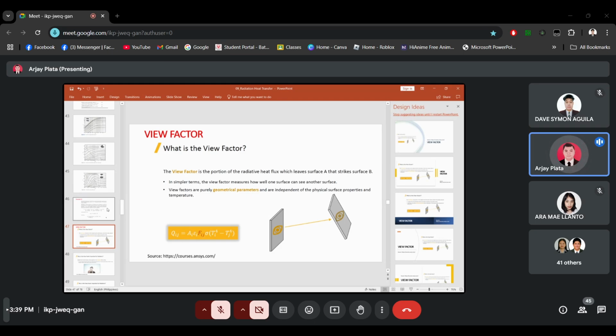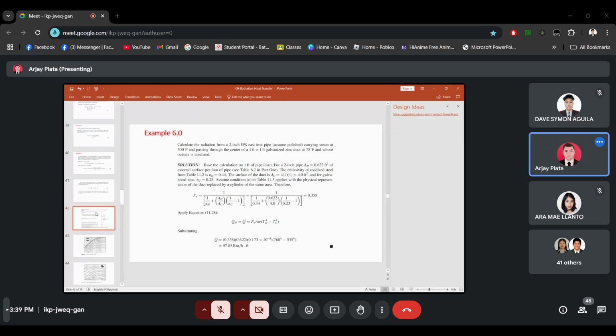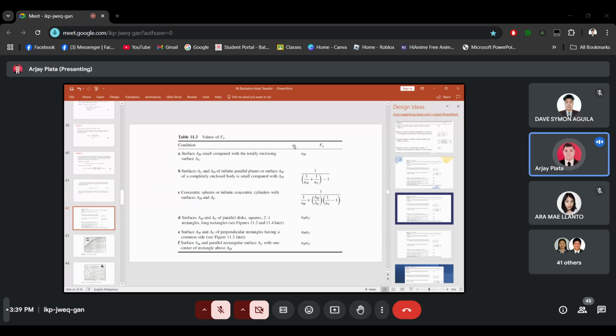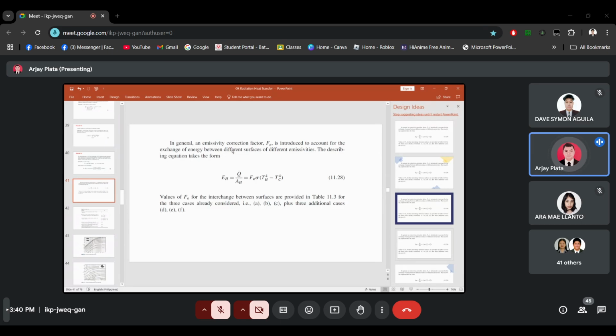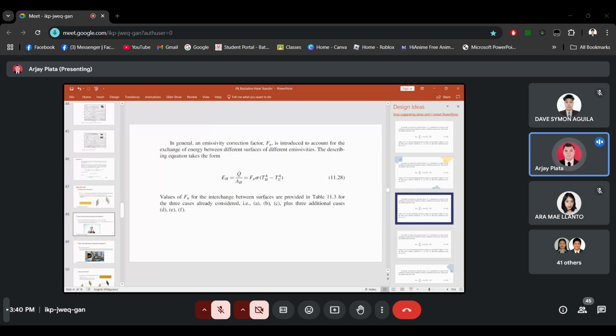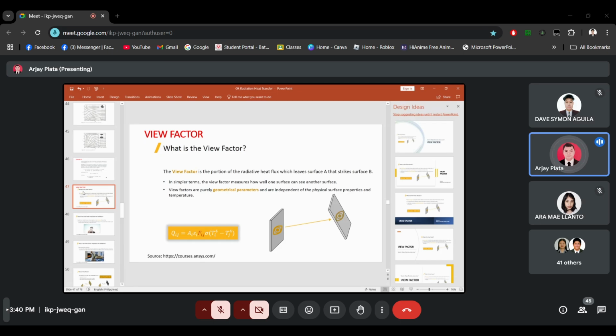In other references, for the right side of the equation, we don't have any Fij term. In the sample problems here, it's Fe, and the coefficient of that is 0. So now you have an emissivity correction factor. What we will do is solve for A and B, and for now we will use the view factor.